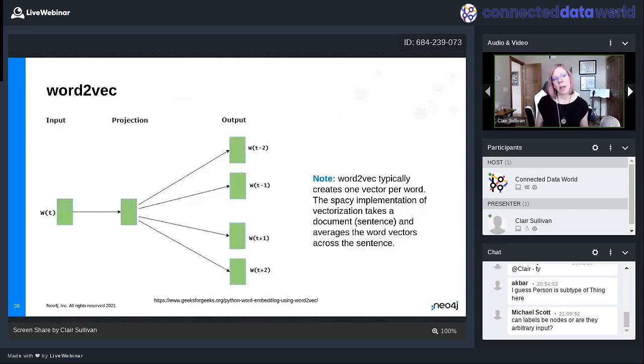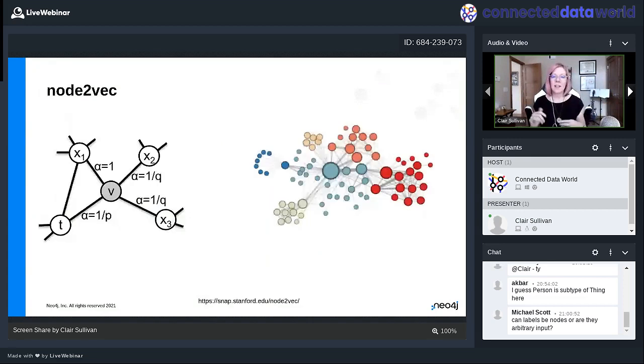Now let's talk about how this works. You remember we talked about word-to-vec, which was this skip-gram approach, and it goes sequentially through a sentence. How do you go sequentially through a graph? That's a little bit more complicated. What do I do? Well, in general, instead of going sequentially through things, I randomly hop around my graph. So like we had word-to-vec, we have an analogous node-to-vec. And node-to-vec is pretty cool.